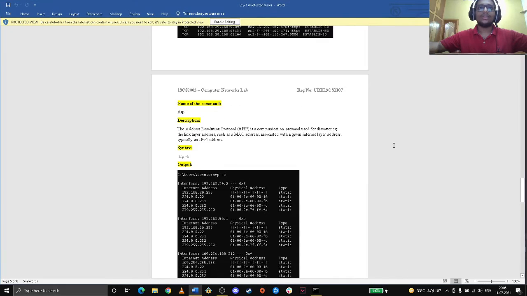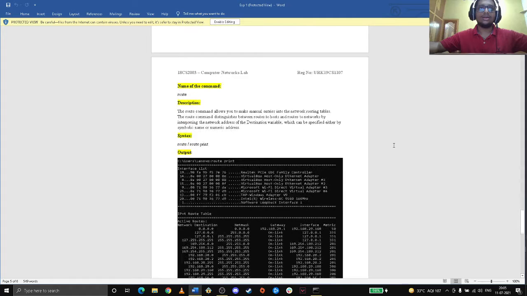And now we'll go to another command, that is route. Basically, the route command allows you to make manual entries into the network routing tables. The route command distinguishes between routes to hosts and routes to networks by interpreting the network address of the destination variable, which can be specified either by symbolic name or numeric address.